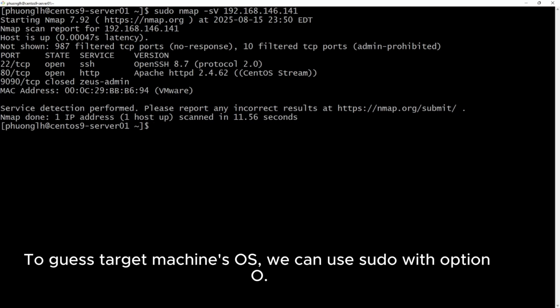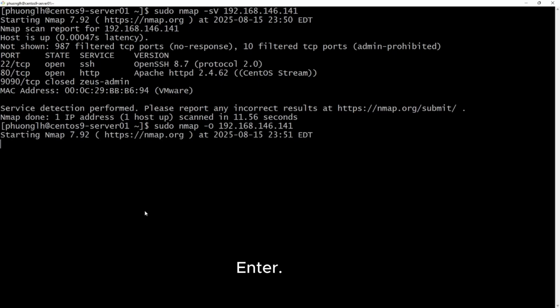To guess the target machine's OS, we can use nmap with option uppercase O. Enter.